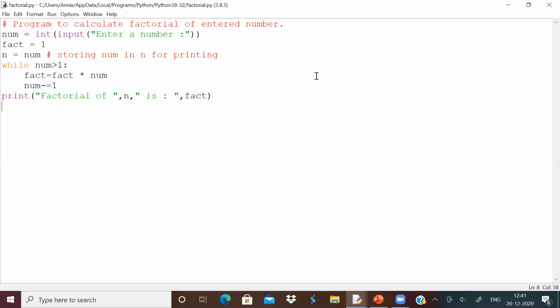Variable, and in the comment I have written storing num in n for printing. Then the while loop: I am running it while num is greater than 1, then num minus equal to 1. So if here the user has entered